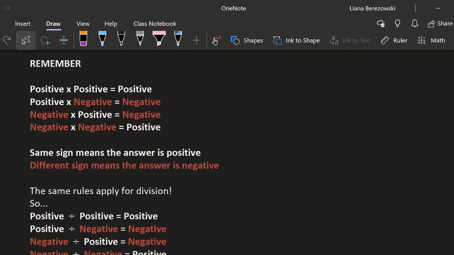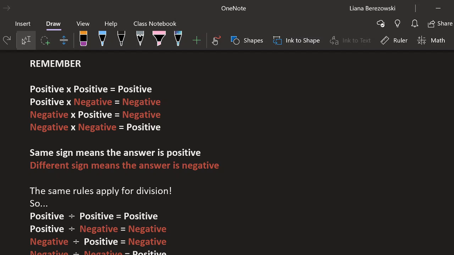The other thing that we talked about, and again, this is one of those things that I'm not really too concerned about quizzing you guys about explicitly, but you definitely need it for your algebra problems, so solving your equations, is the rules of multiplying and dividing integers. Two of the same sign, so a positive times a positive or a negative times a negative, will always be a positive answer.